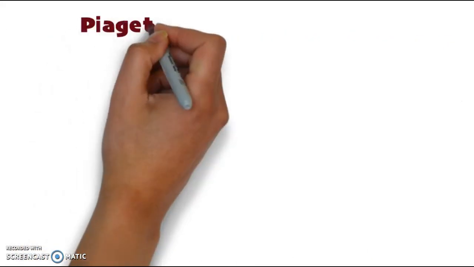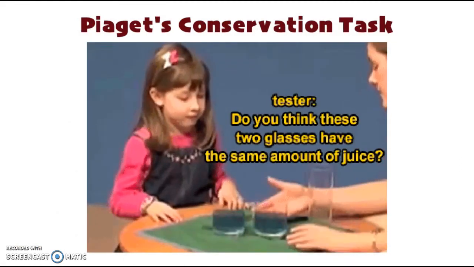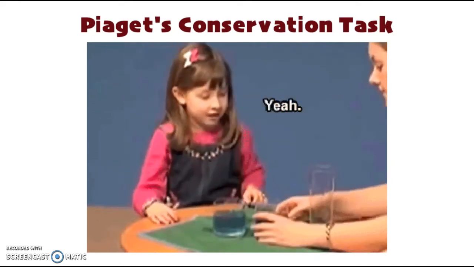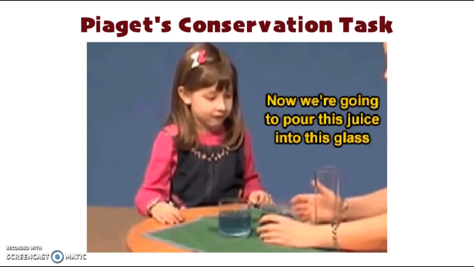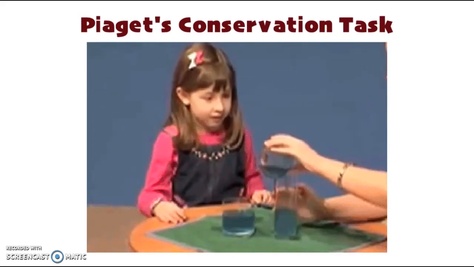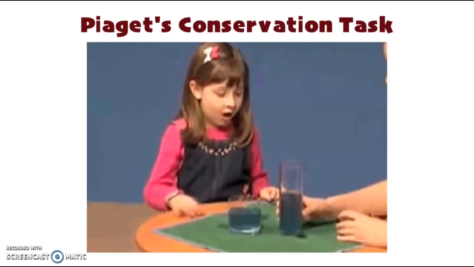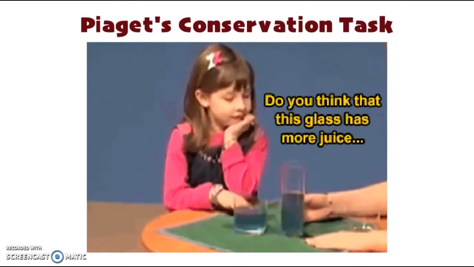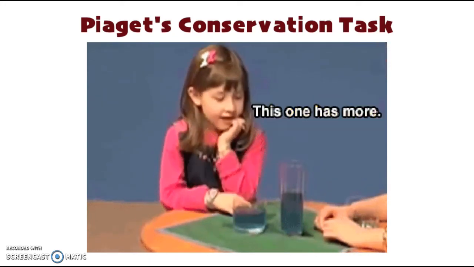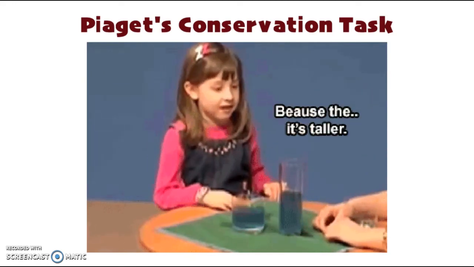According to McLeod 2010, Piaget used the conservation task to prove that children who are in different stages have different perceptions toward things. In the task, most of the 7-year-old children can conserve the liquid because they know that when water is poured into a different shaped glass, the quantity of liquid is still the same as before, even though it's in another bottle and it looks different. However, 5-year-old children think that there's a different amount of water because the appearance has changed.